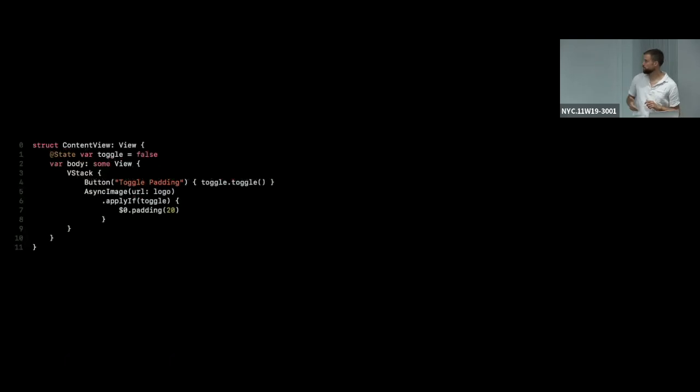This is sort of a side note. I've seen people writing these extensions, applyIf. What it does is it takes a condition and then it either transforms self if the condition is true, or otherwise it doesn't transform self. And this is a very problematic extension, I think. Let me show you how people use it. For example, they would write an async image with an applyIf toggle, and then they apply padding if the Boolean is true. And this feels very Swifty and very modern,